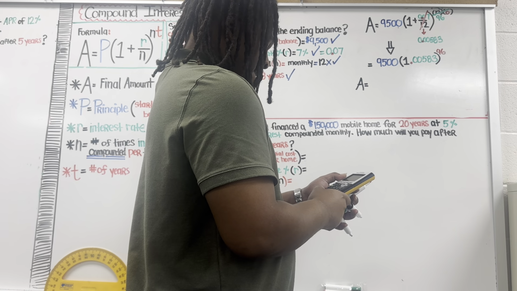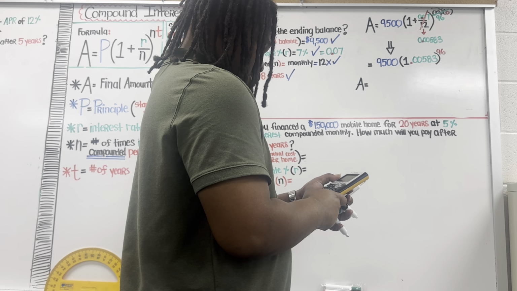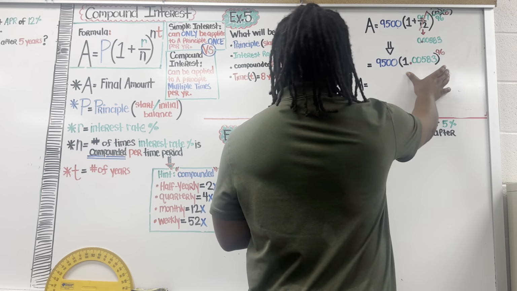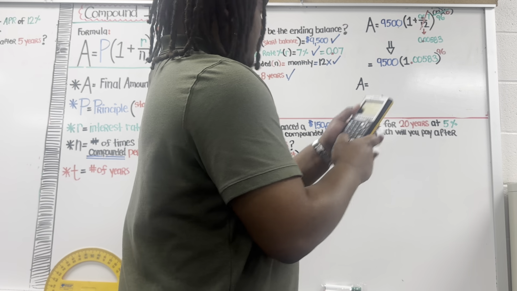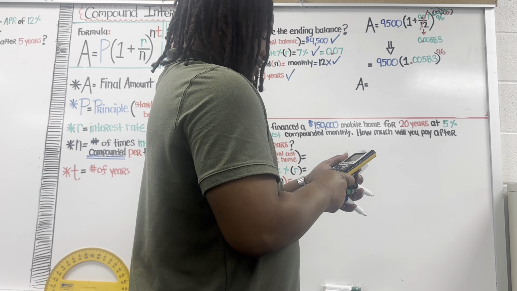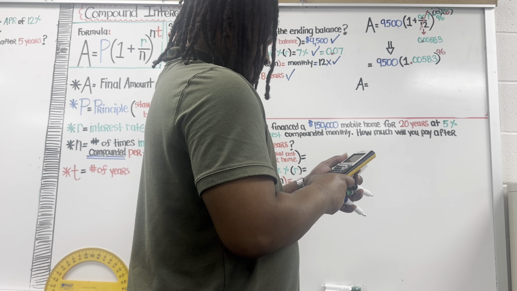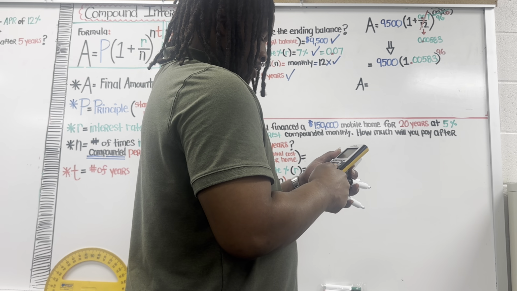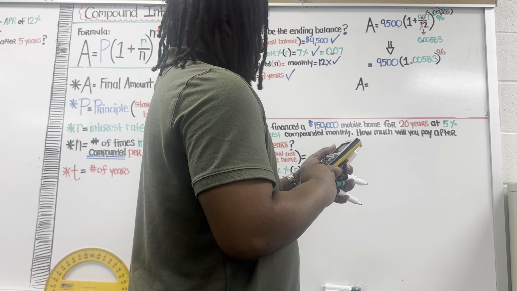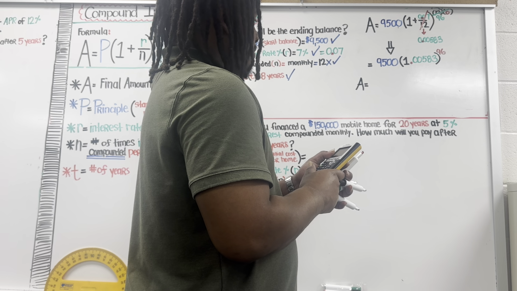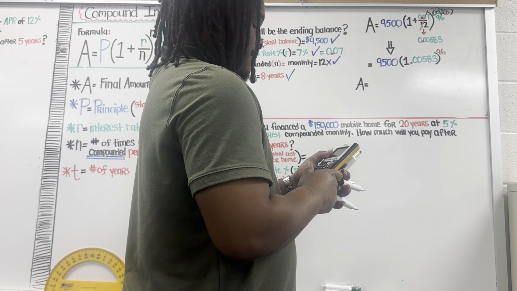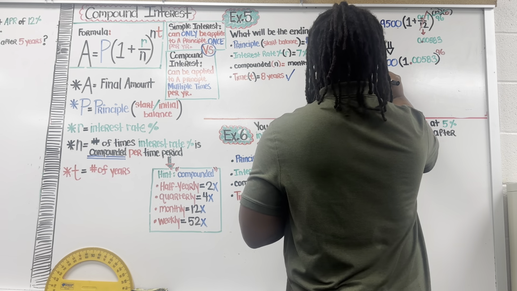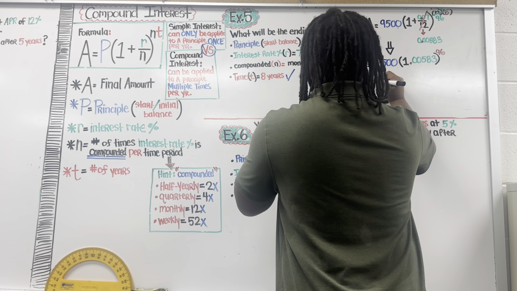So I have 9,500 times parentheses. I'm going to do 2 parentheses because I want the exponent to be within so it won't get mixed up in here. This is a certain way to put it into the calculator. Times parentheses 1.00583, parentheses close, to the 96 power, and outside parentheses close. As I multiply those numbers and solve that, my final value is going to be approximately, I'm going to say approximately because I'm going to have to round a little bit,